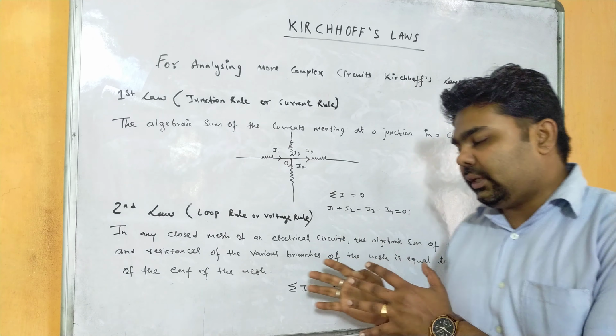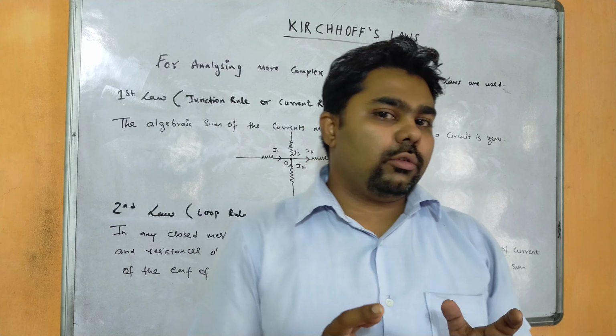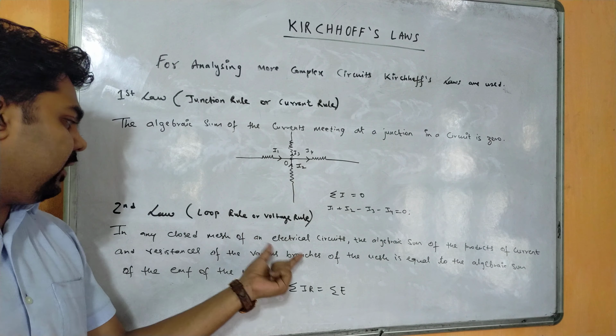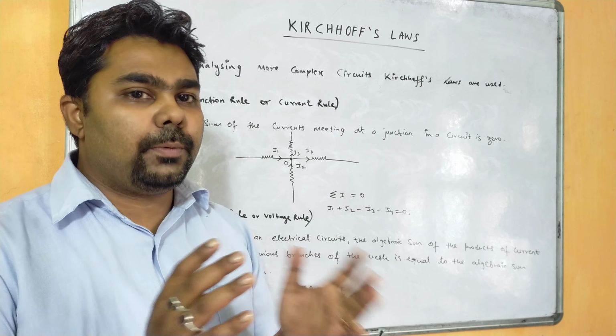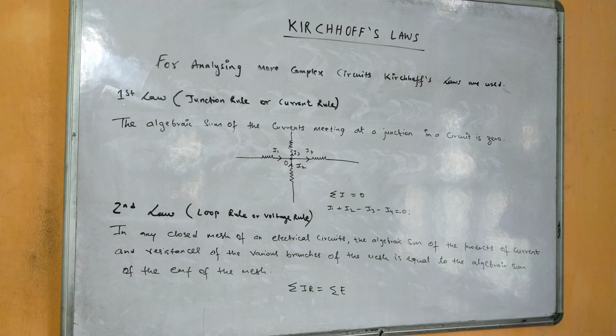So this law can be made clearer by solving numericals, and these numericals are also based upon some rules. That is, the second law has a few rules, that is the direction of loop current or direction of EMF current. So that one we will see now.